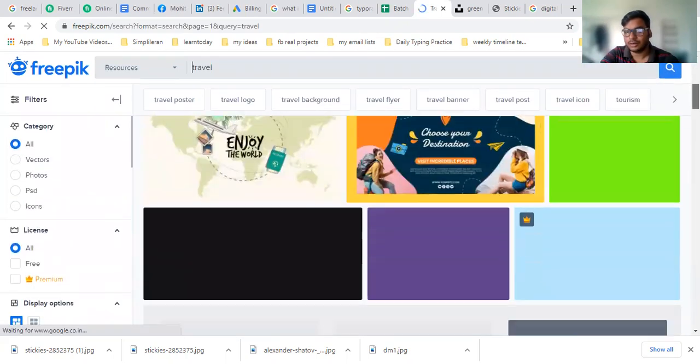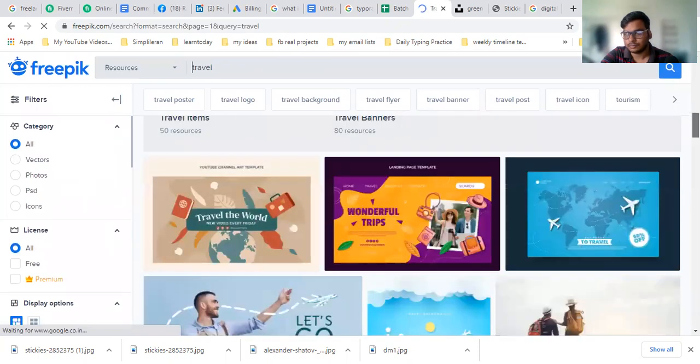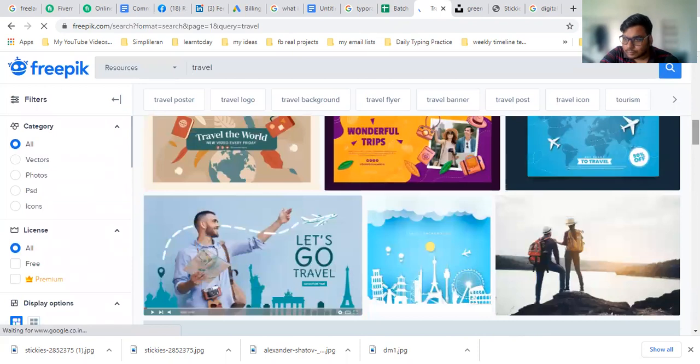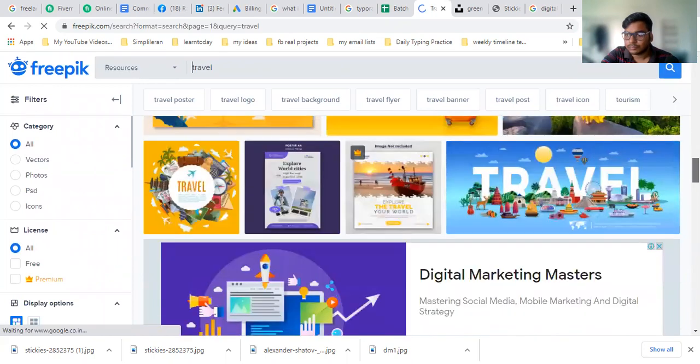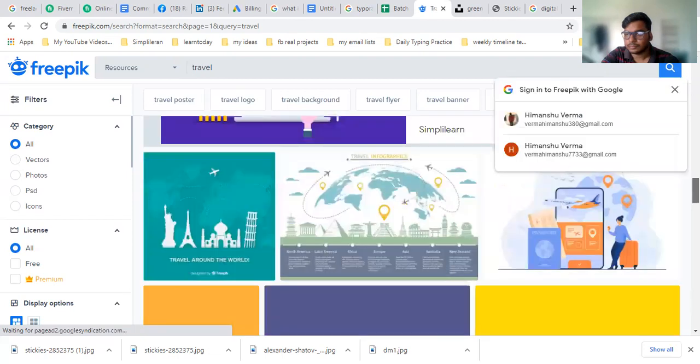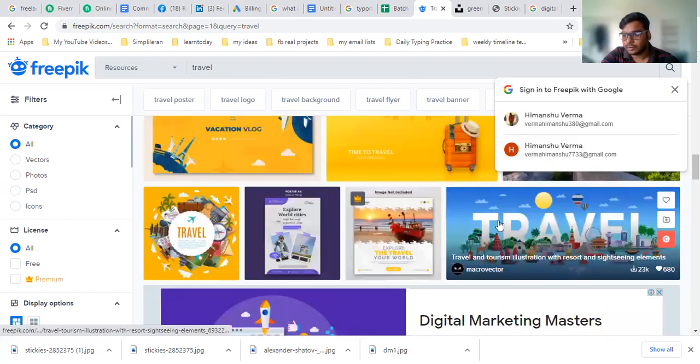Some cool pics are available here. Look at the pictures. I want to download this.